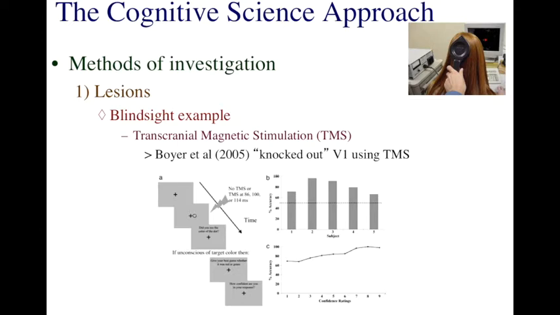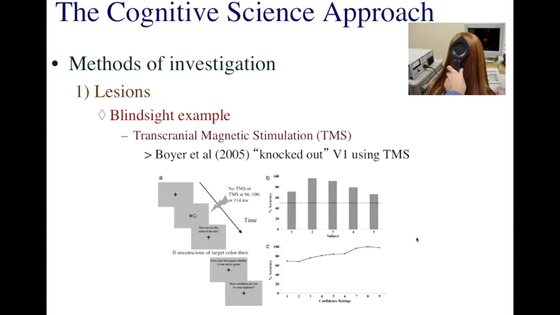If they said they had not seen the dot, then they were asked two questions. First, they were asked to give their best guess whether or not they thought the dot was green or red. And secondly, they were asked to report how confident they were in their previous response. The confidence was recorded on a Likert scale that ranged from 1, meaning they were very unsure of the accuracy of their response, all the way to 9, in which they were claiming to be quite sure that their response was accurate.